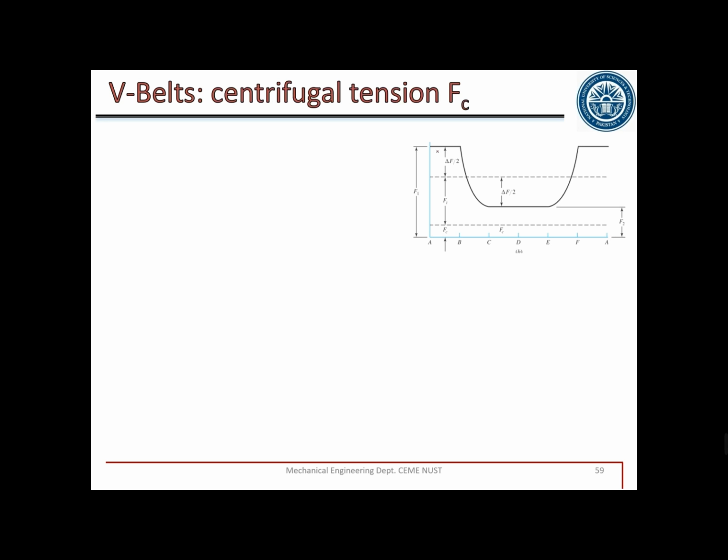In case of flat belt, this was the distribution of power moving from point A for a complete motion of the belt. Let's say there are 2 sheaves, one smaller, one larger, moving from here and completing one complete revolution. This was the power. This was the forces on the belt. Here you can see we have 2 peaks, one here and the second here. One peak was F1 and the second peak was F2, which we calculated in the previous section.